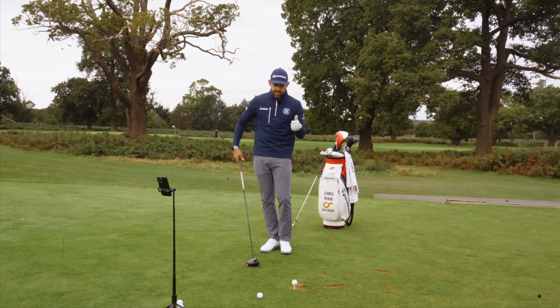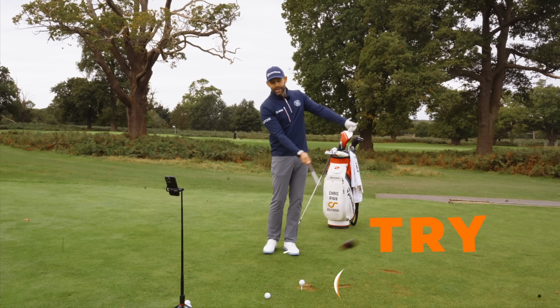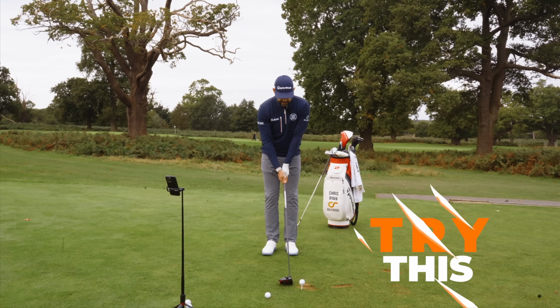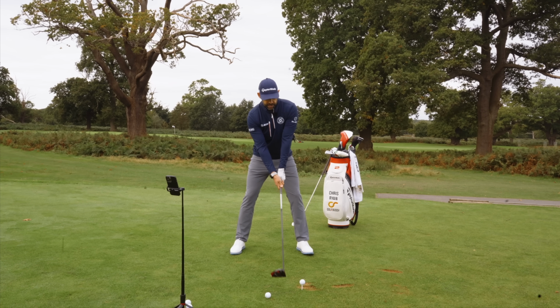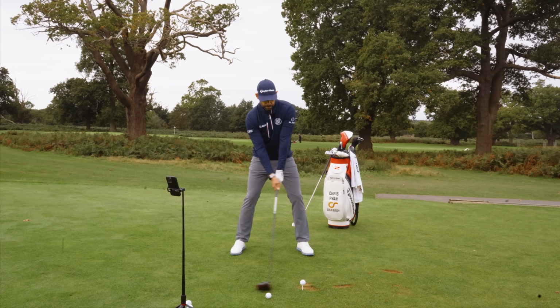The reason this works is because the ball is teed up. I can hit this ball on the way up. So watch this. This little tweak in setup is going to mean that even with that ball position so far forward of my body,